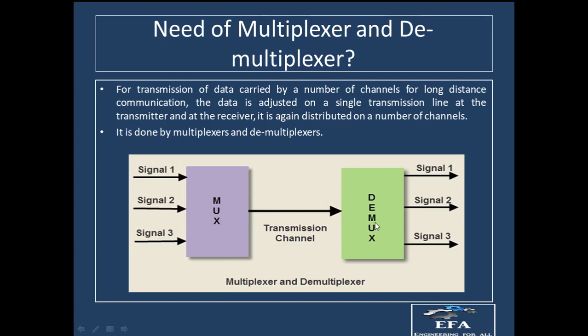And on the receiver side we are having the demultiplexer, which is having the function exactly opposite of that of the multiplexer. So when we talk about the demultiplexer, it is a type of circuit or a combinational circuit which receives the information from a single line and it adjusts the information, or we can say it segregates the information onto different number of output lines, right? So this is the basic function of the multiplexer and the demultiplexer. And in short we can say these are types of circuits which are responsible for minimizing the complexity of the circuit or the network.